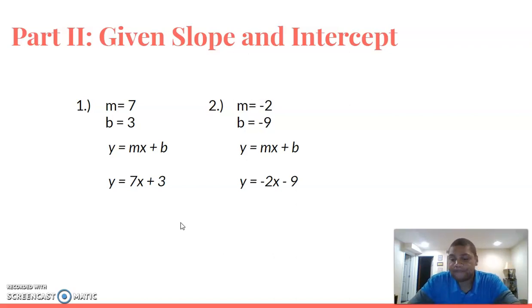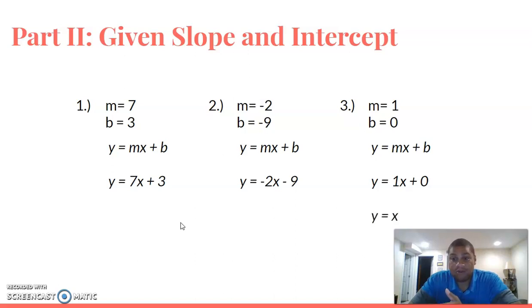They're the same thing. Slight curveball here, right? They give you the slope is 1 and the y-intercept is b, but you're still just plugging them in. y equals mx plus b, so y equals 1x plus 0. But remember, 1 times x is just x, and x plus 0 is just x, so you can just write